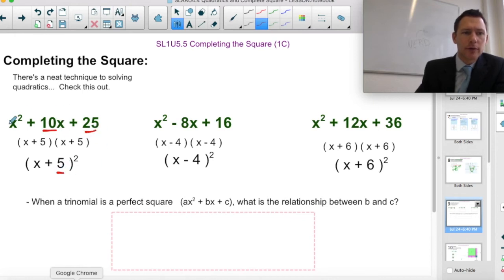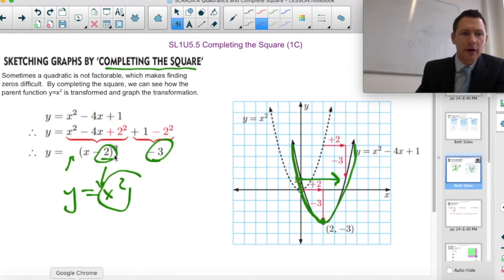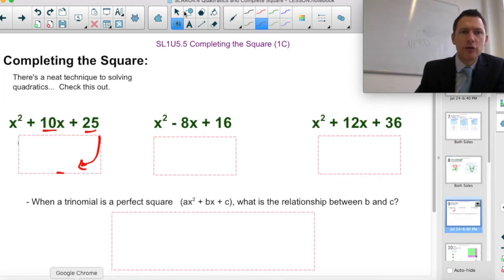If you're trying to turn this into a perfect squared setup, which I want because I want it to look like this previous slide, I want it to look like this sort of thing. I want to add right to the x. It'll help it move over. You'll notice that